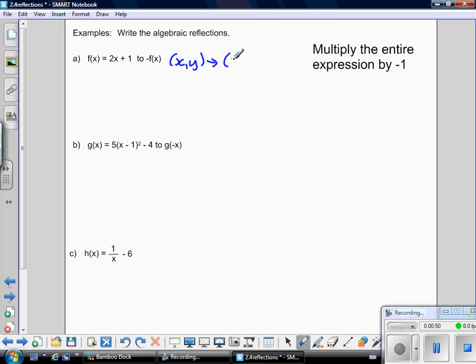So we're reflecting, so it'd be (x, negative y). So if I multiply the entire expression by negative 1, when I'm looking at negative f(x),